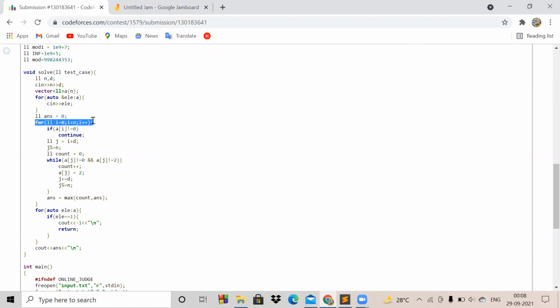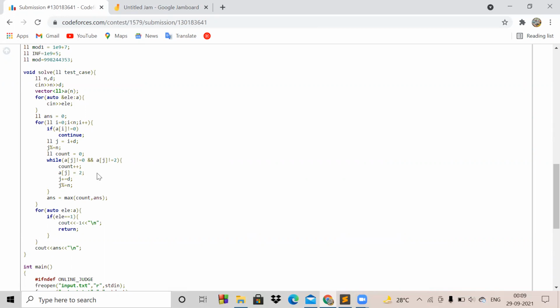Now this outer loop will move element by element. If the element is 0, then I will continue, otherwise I will make a new variable that is d ahead of that 0, and I will continue the inner loop until the new 0, till I find ones, and I will convert them to 2.